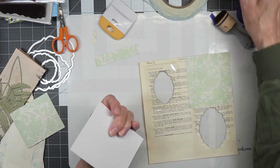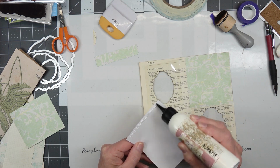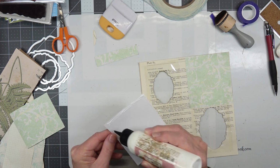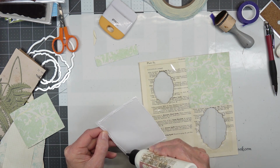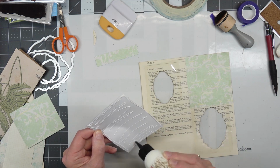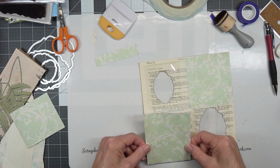Okay, so I'm going to put in the bottom one first. You don't need to ink these or anything. These are just one, protecting the tags from getting caught and bent and not fitting in the pockets, and two for